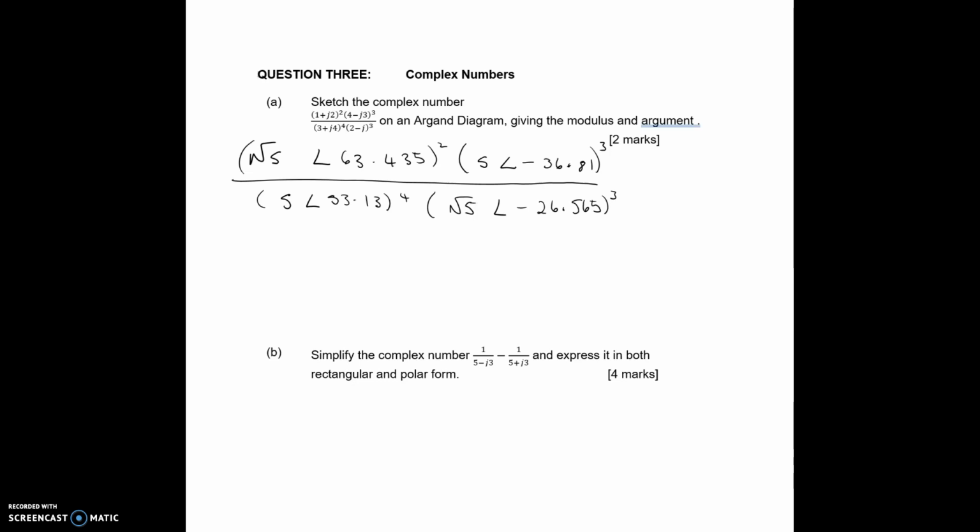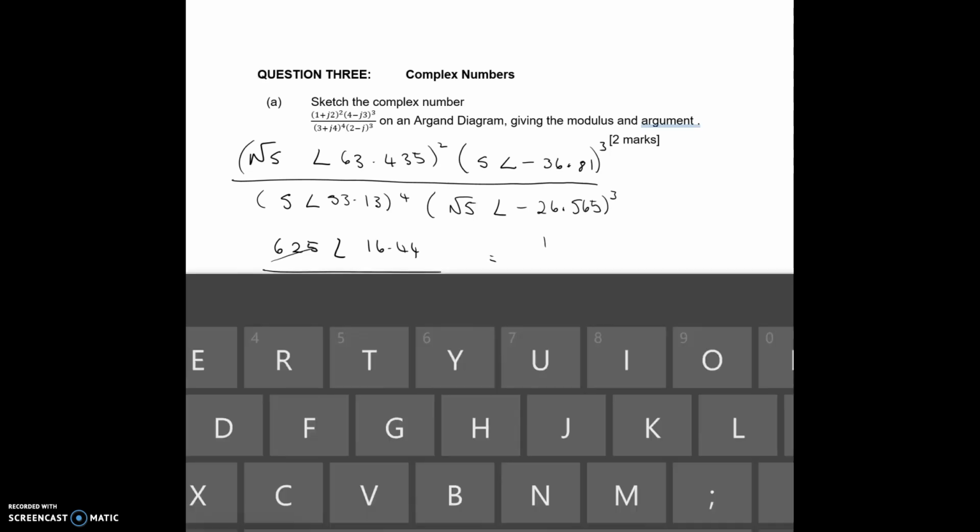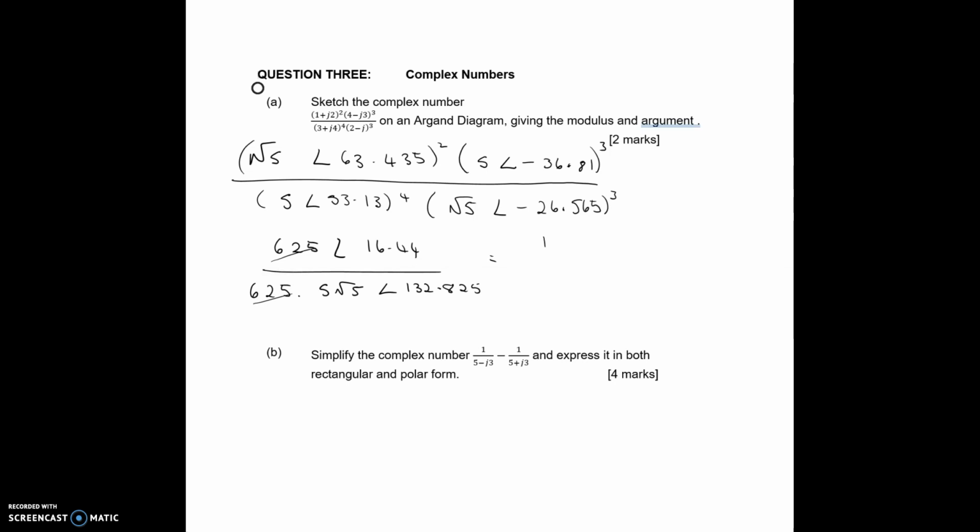Okay, using de Moivre's theorem and then using the way that we multiply complex numbers once it's in polar form, the top line becomes 625 angle 16.44, and the bottom line, I've left it like this because then it's going to be easier to cancel, times 5 root 5 angle 132.825. Okay, we can cancel out the 625s and we're left with 1 over